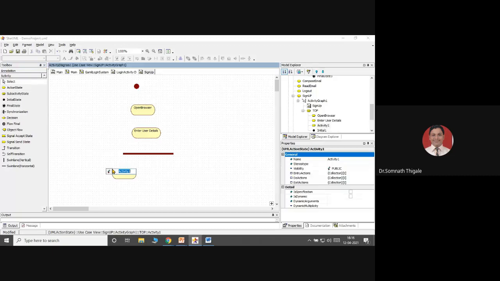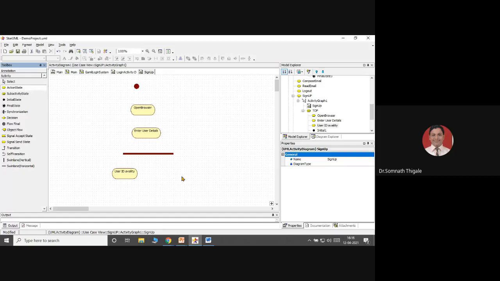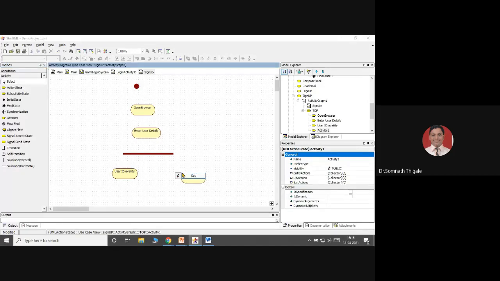Suppose I need to check user ID availability, and at the same time we need to think about setting the password. Some conditions are there to set the password. That password must be a minimum of 8 characters, starting letter, ending letter, numbers, combinations. All these parts are going to be performed parallelly. So I'm using this synchronization option over here.